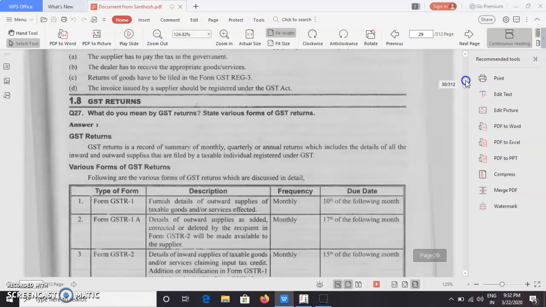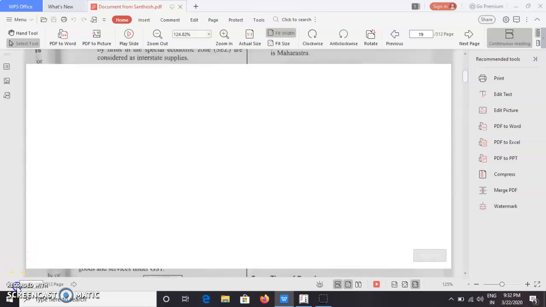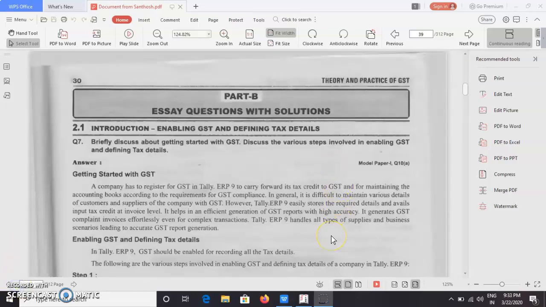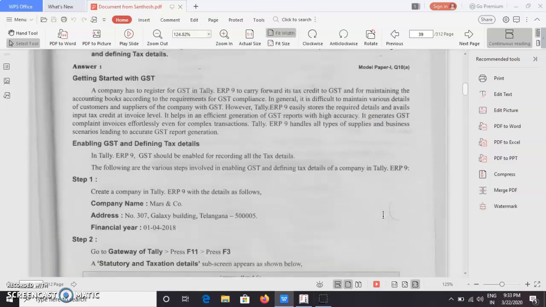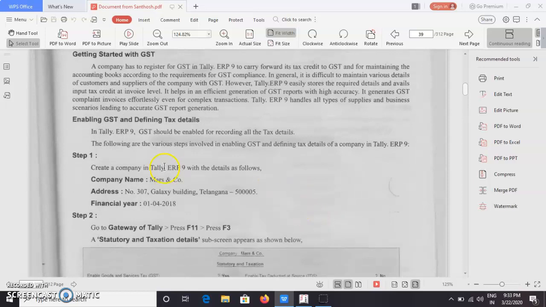If you observe here, for enabling the GST, he has given the steps. So, enabling the GST and defining tax details. In Tally ERP9, GST should be enabled for recording all tax details. For recording all the tax details, we have to enable the GST. The following are the various steps involved in enabling the GST and defining tax details of a company in Tally